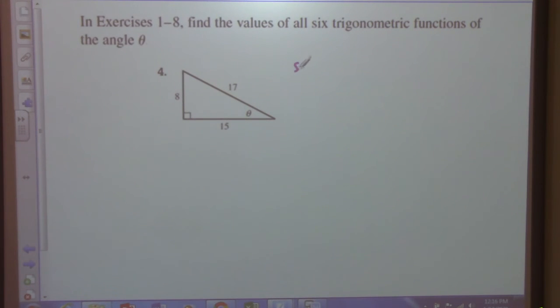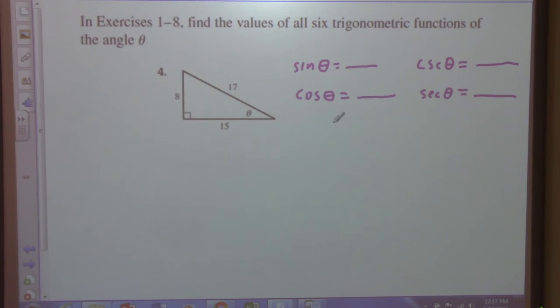What I'm going to do here is just go ahead and write these. And I will tell you, there's another mistake people make a lot, and I'll show you what it is. Some people instead will just write cosine equals. I see that a lot. What's wrong with this statement? There's no theta. The statement doesn't make any sense unless you have some kind of a variable in there. And then we have secant theta